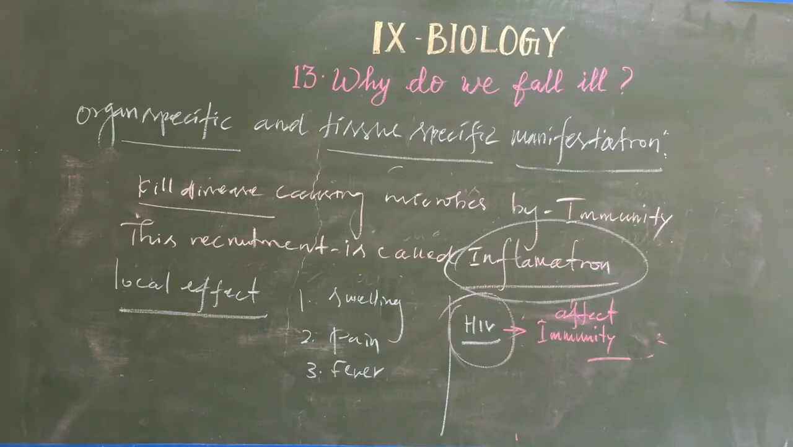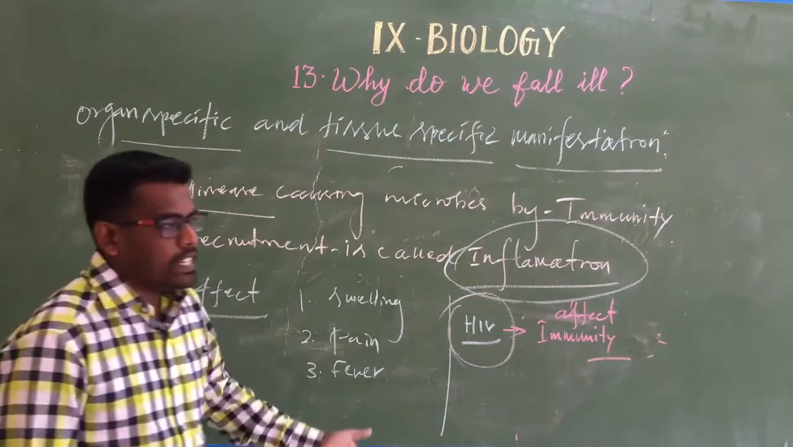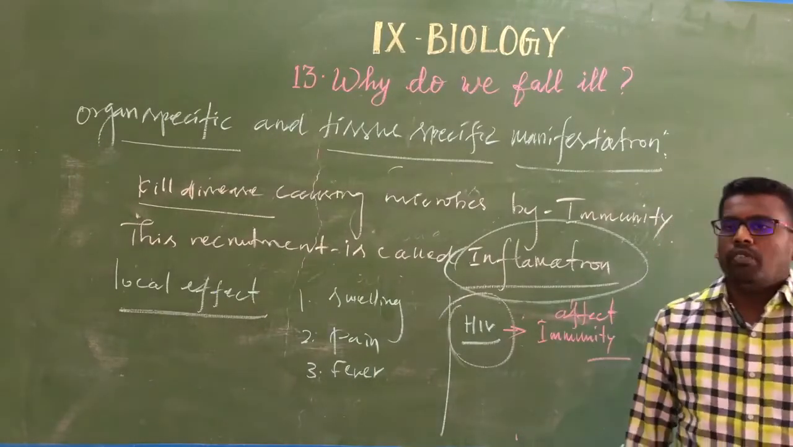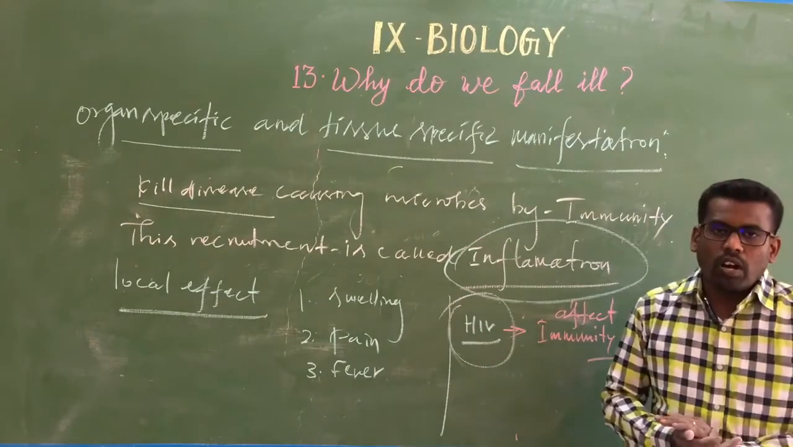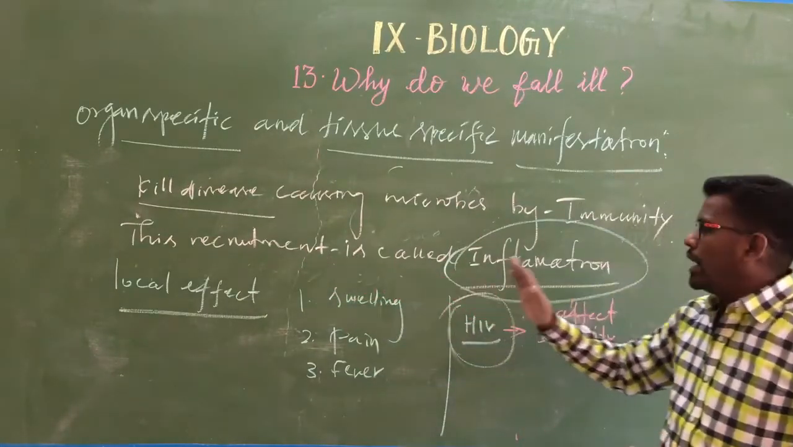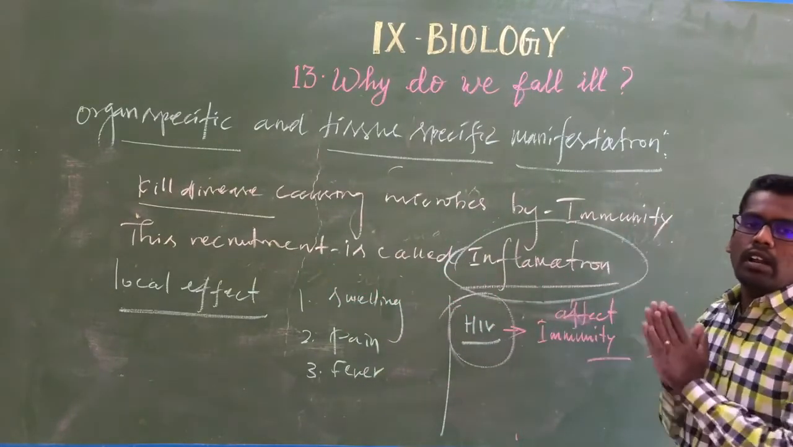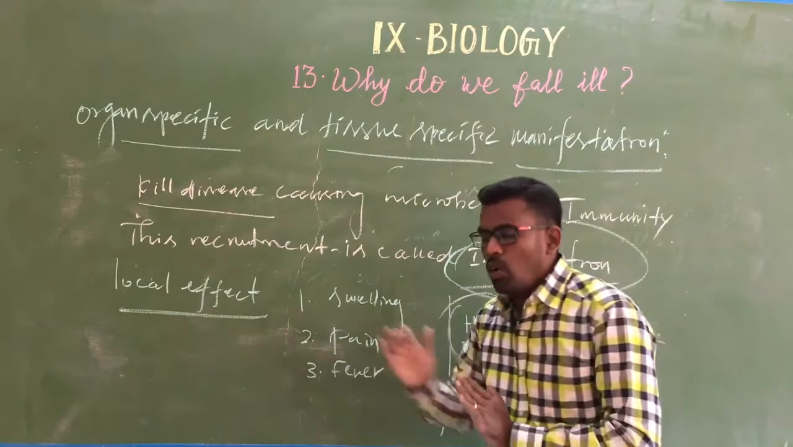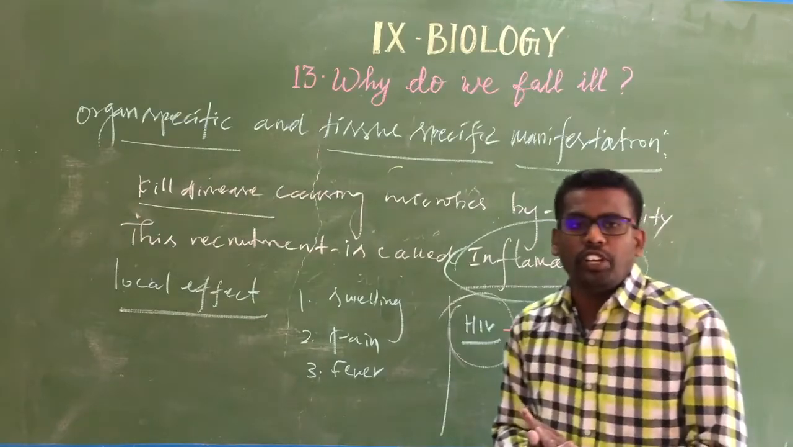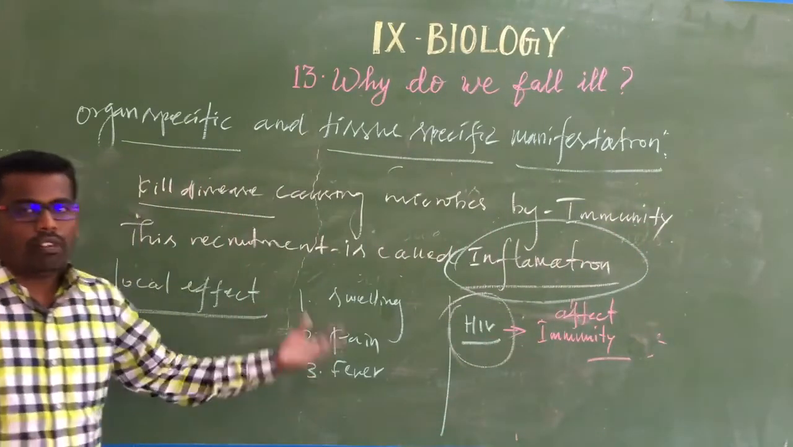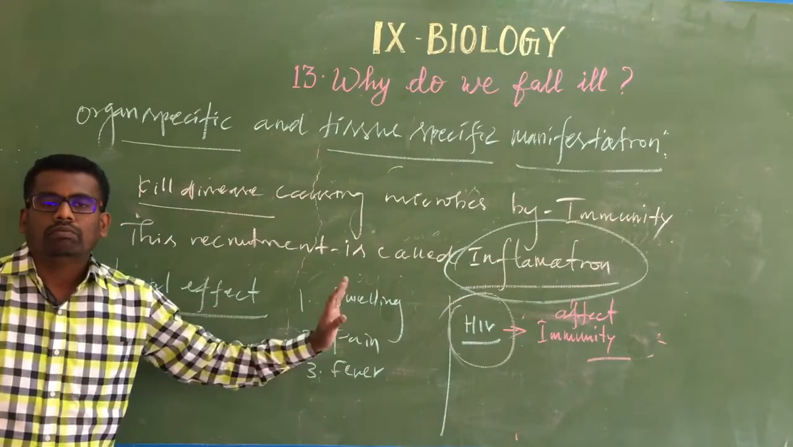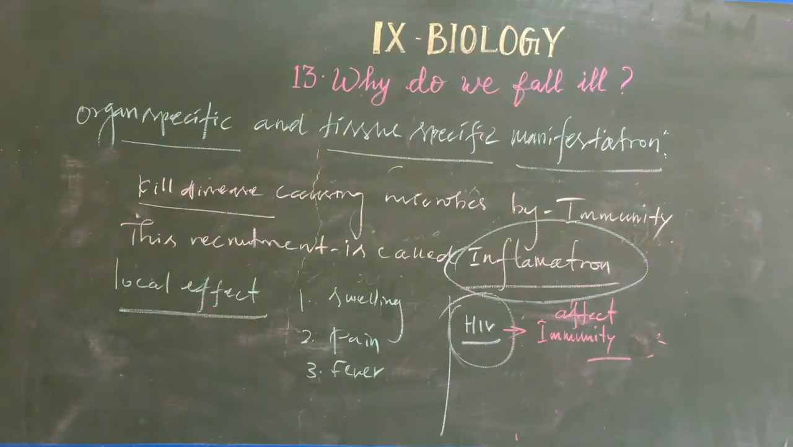When the microorganism enters the human body, automatically our immune system is activated, and the immunity power will resist the microorganism and finally kill it. This response is called inflammation. So how do we know that process is happening? There are local effects. The first effect is swelling, and then pain and fever. So these are the local effects by which we can decide something is happening, some immunity power we have. This is organ specific,